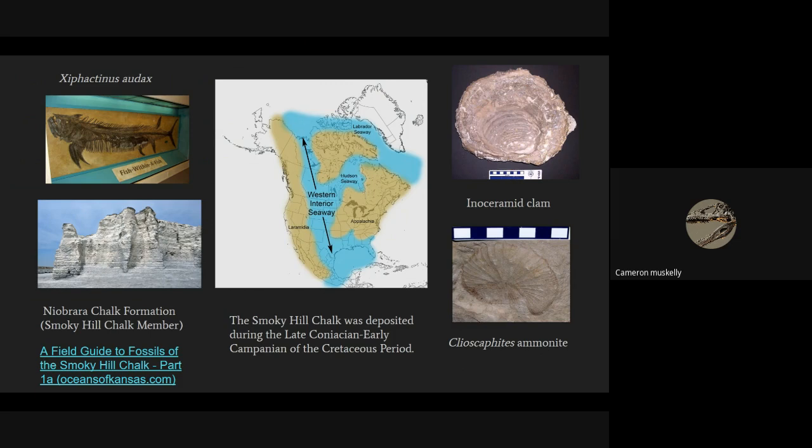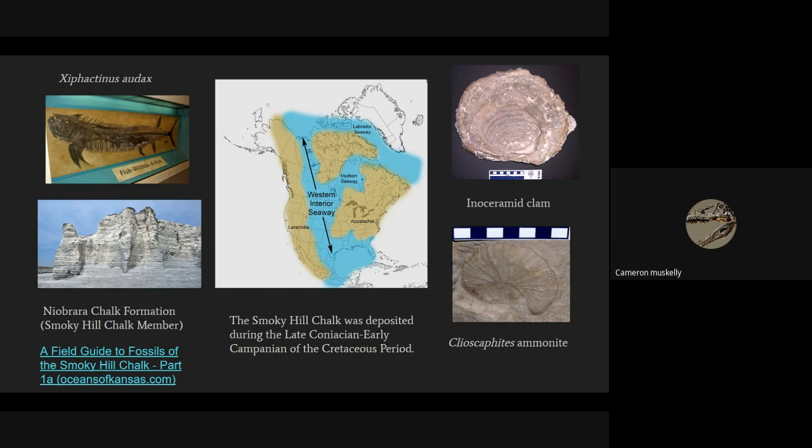The Cretaceous period was also a time where we had high amounts of sea level rise. And it didn't just stay in one area. The Western Interior Seaway rose and fell over the hundreds of millions of years that it existed until the end of the Cretaceous period. So the rocks that we see that represent the Western Interior Seaway have their own different